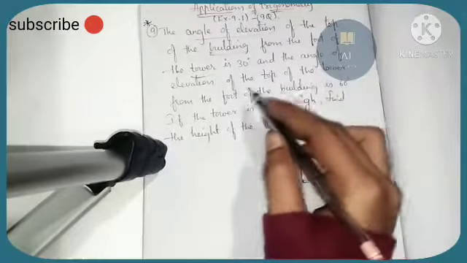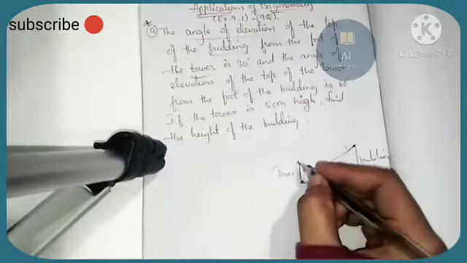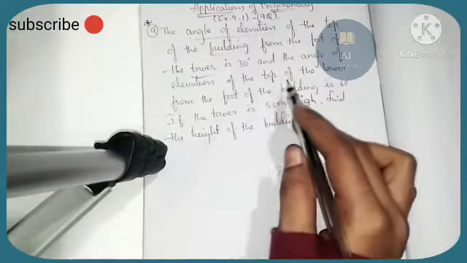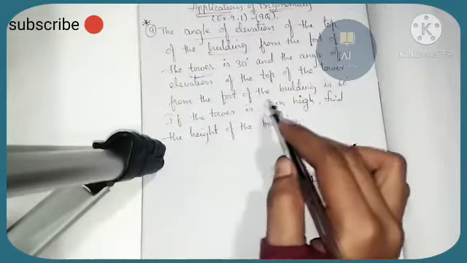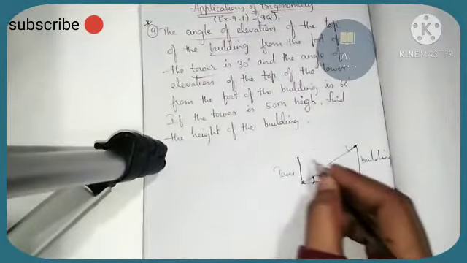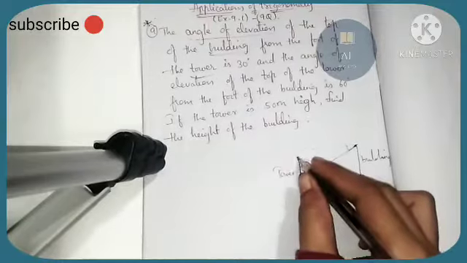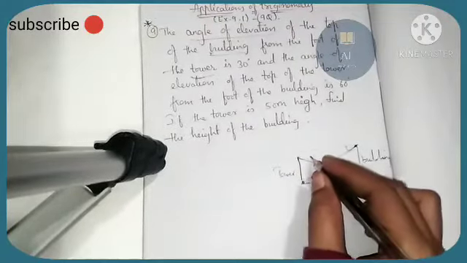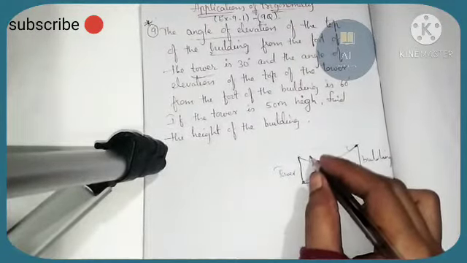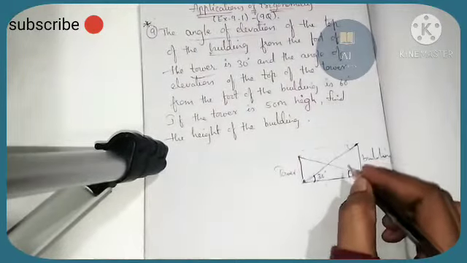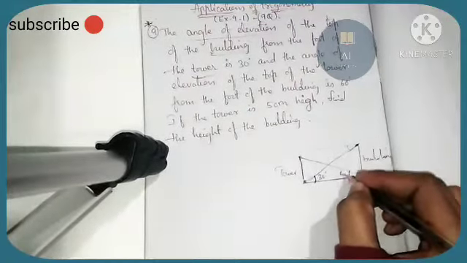Then the angle of elevation of the top of the tower. So from the top of the tower you have to take angle of elevation again, from the foot of the building. So this is the foot of the building. These two you have to join. So this is angle of elevation again. Horizontal lines two we can draw here. We don't have to take angle of depression. We have to take angle of elevation above the horizontal line. That is nothing but 60 degrees.